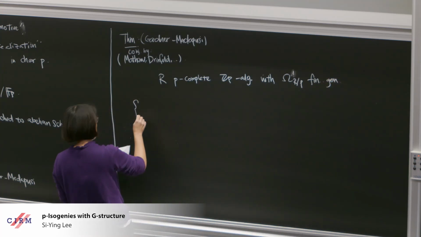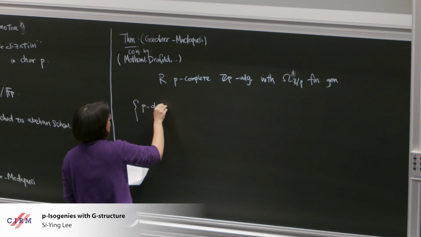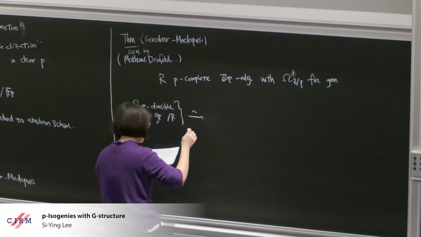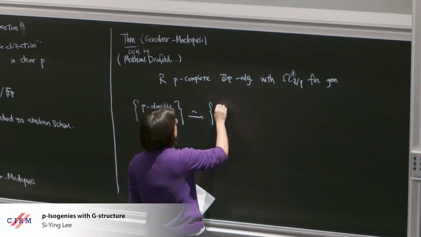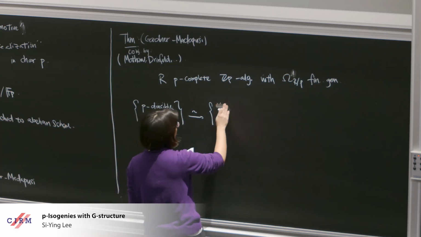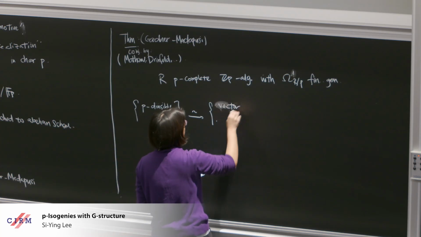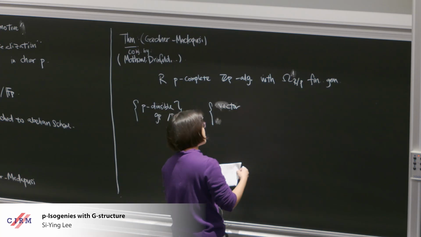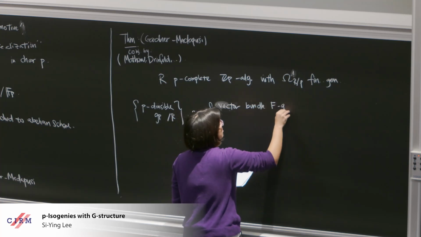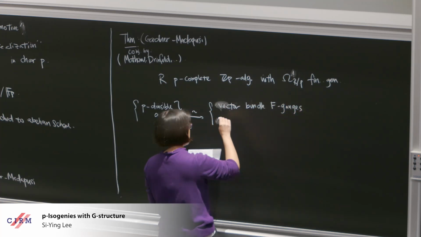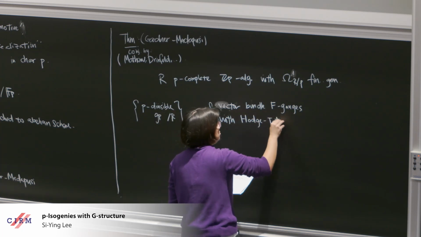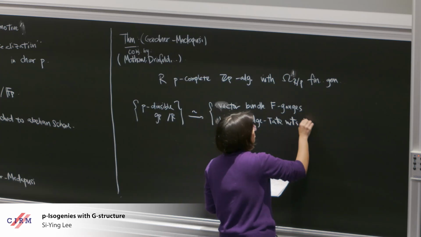But under these conditions, there's an equivalence of categories between p-divisible groups over R and a certain subcategory of these F-gauges. I didn't explain what an F-gauge is, and I also will not explain fully what object is going to appear on this right-hand side. But essentially, these are certain kinds of vector bundle F-gauges with Hodge-Tate weights in 0,